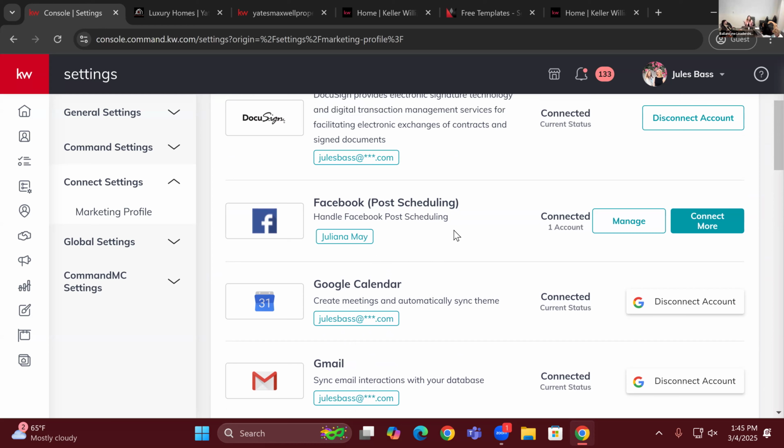For example, on the 1st of each month, if you wanted to schedule out social media for the entire month, so that mental load is off of you, you could do that right from your Command account. And this would be the setting that we would need to have connected. If yours isn't connected, it will say connect account to the right hand side. Just a heads up, this is prompting to be connected to your business page, not your personal page. So if you do not have a business page created for Facebook, you will need to do that first in order to connect that up to Command.